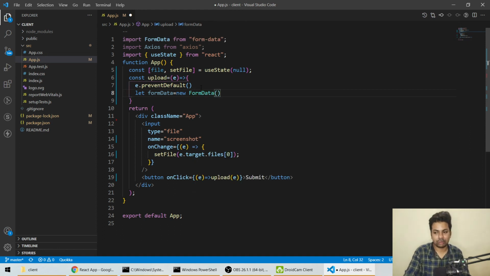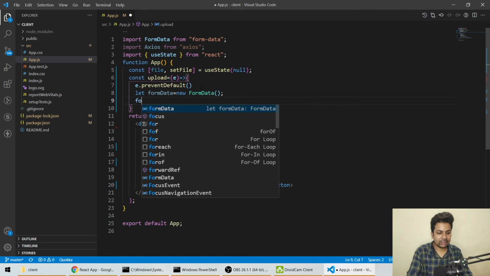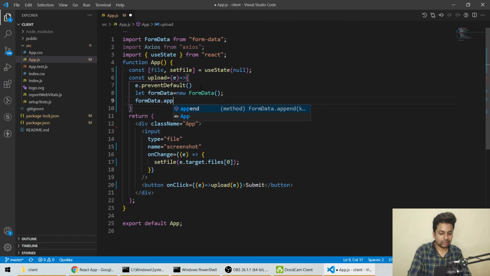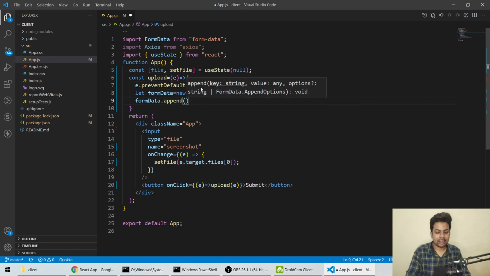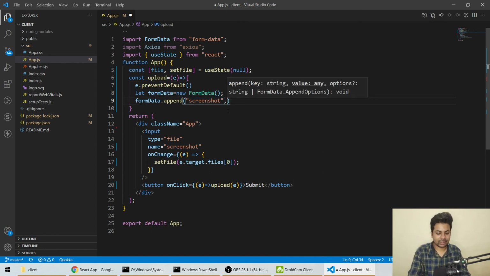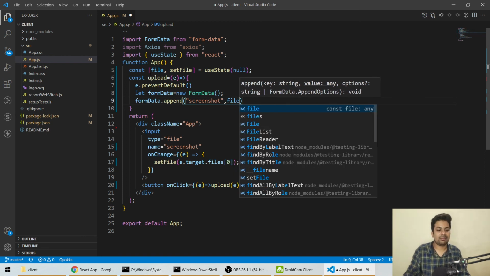After that we'll do formData.append, and whatever name you want to give, I'll give screenshot. Whatever name you give here, you have to access it through that name only on the backend also. Okay, screenshot, then I'll put a comma, then I'll say file. This is the file which I'll be sending.